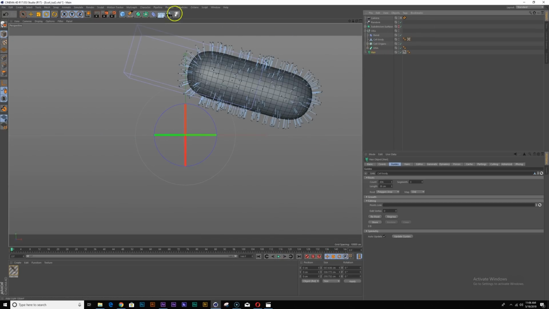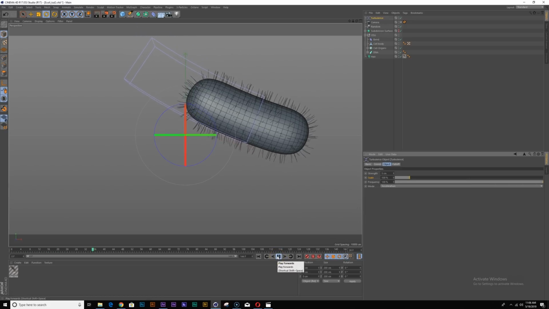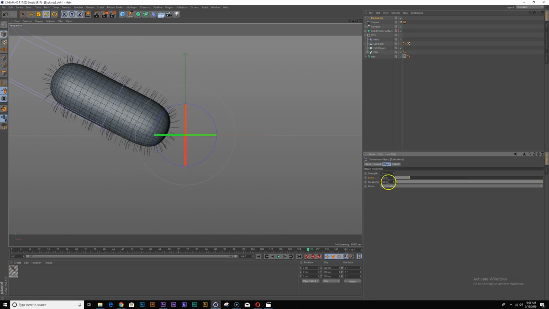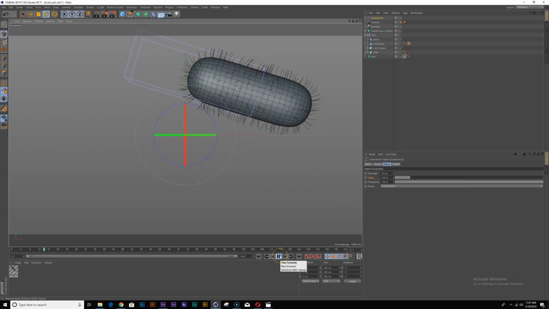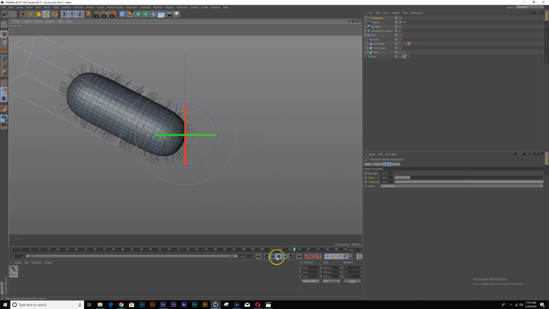With hair objects, what's cool about it is it also works with all these forces from Cinema 4D's default particle system. So I'm gonna add a turbulence to this thing and just crank up the scale and see if I can get a little more movement. Yeah, okay. And let's crank this, say, 50, just to see what that looks like. Oh yeah, look at that. It's moving kind of crazy now, huh?